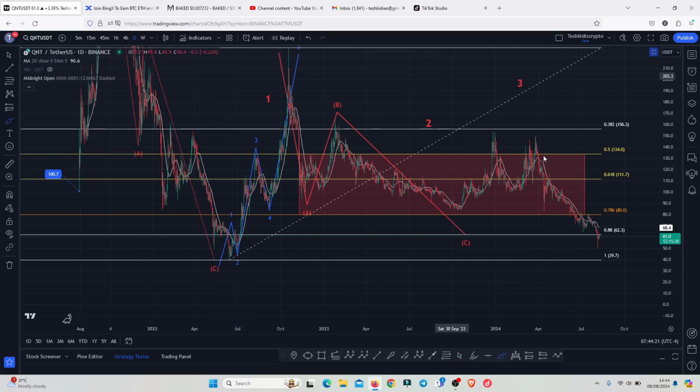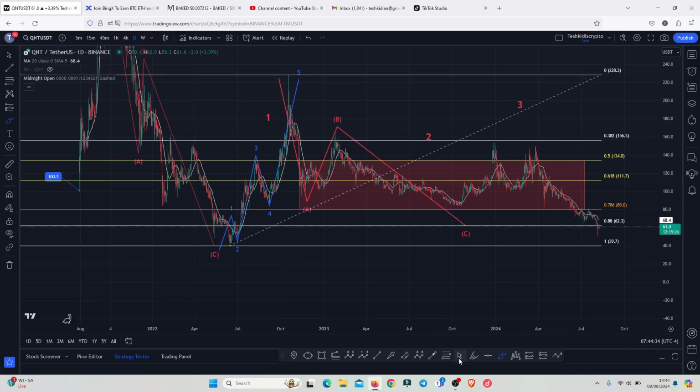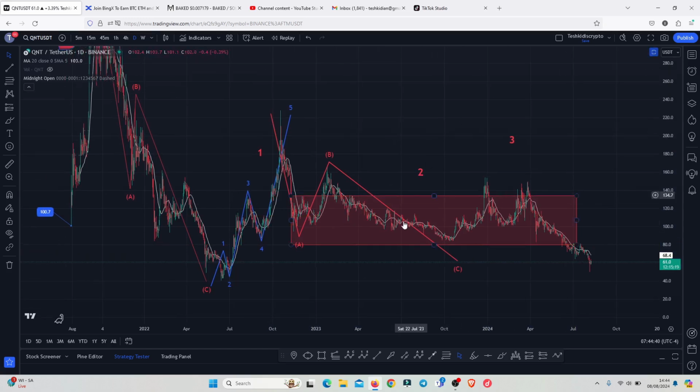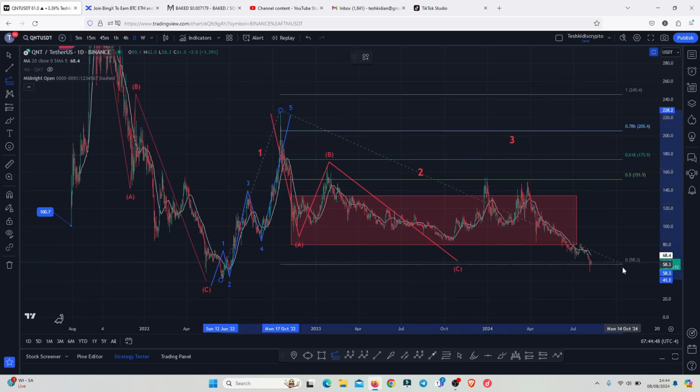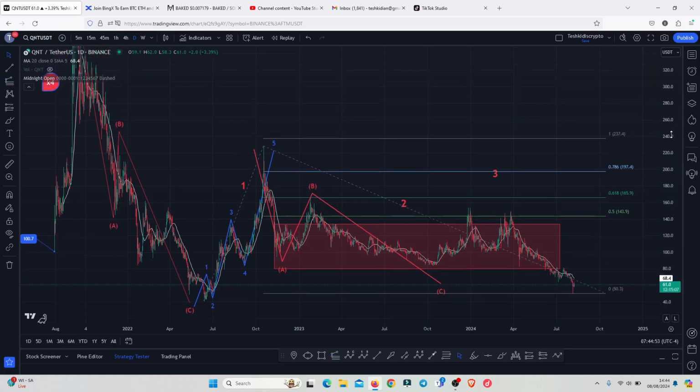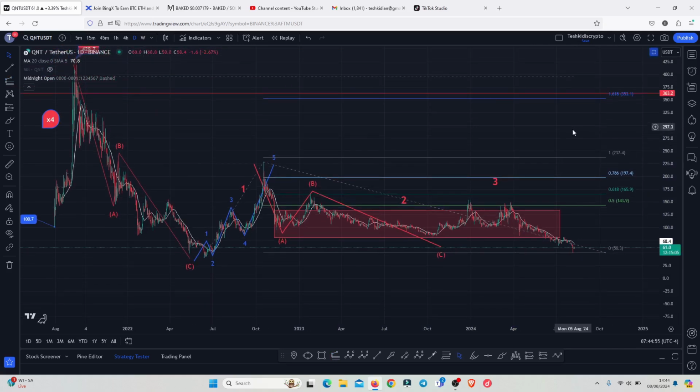But in case we manage to break above the fib level 0.88 once again, reclaim it and hold it as support, there are chances that we can get another bounce back in what could be the start of another impulse to the upside in this larger Elliott wave count 3. And if that is the case, then using the trend-based Fibonacci's, connecting it from the low of the first wave to the high of that Elliott wave count 1, then dragging the fibs to the low of the second wave that we have at the moment,